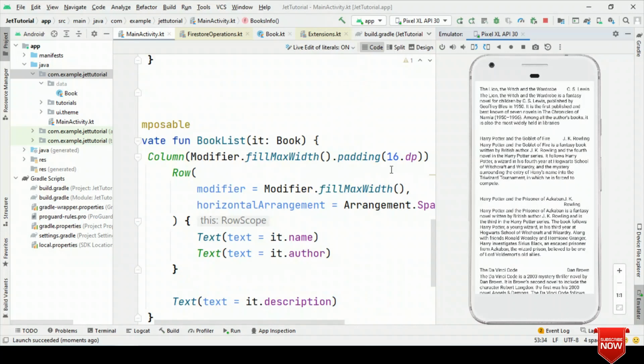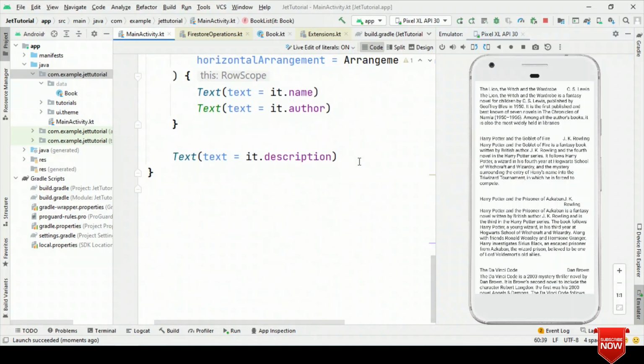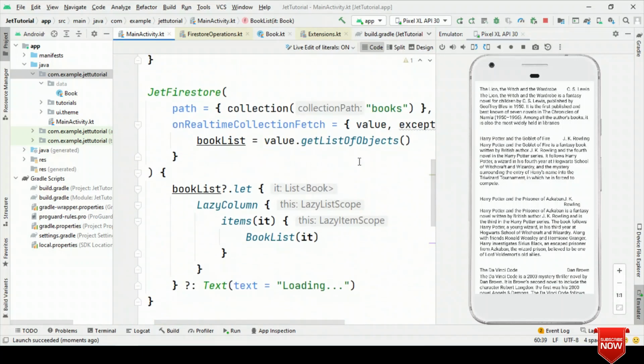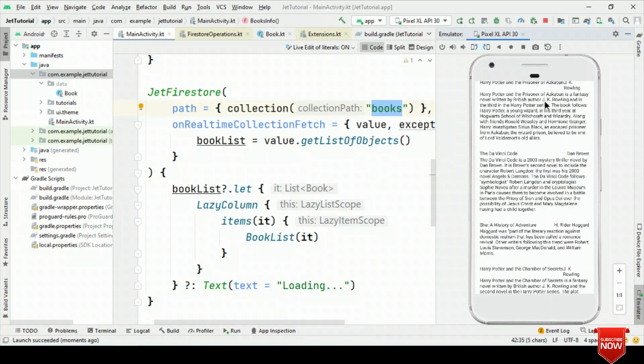So here it is. We have the list of all the book details that we have stored on Cloud Firestore, and not just this, we have also set the real-time listener. That means on Cloud Firestore, if any value gets changed inside this books collection, it will update the UI immediately.